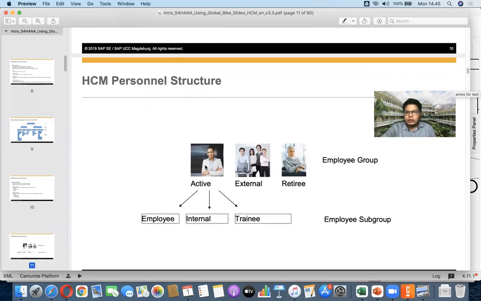Active: this is an employee who is still active and productive. The external: this is usually for people who are not actually hired by the company but work in the company, so they are from outside, like students doing an internship, etc.